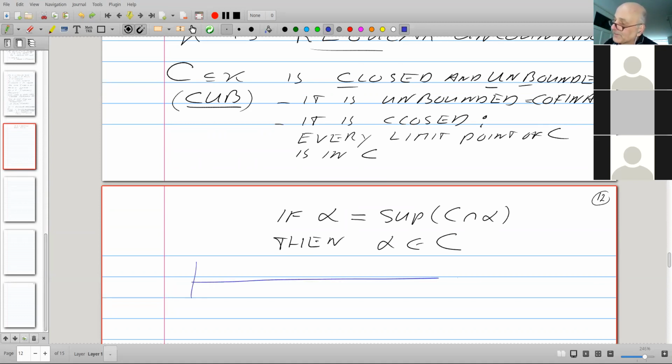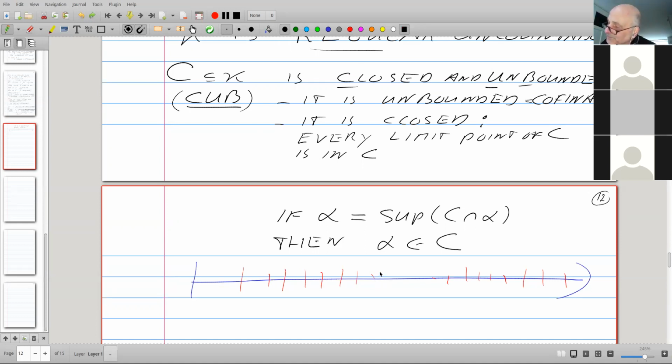Here is kappa. Okay, not very exciting, but this is what an ordinal looks like anyway. And the red points are something like C. It doesn't do it justice, but I have to do something.